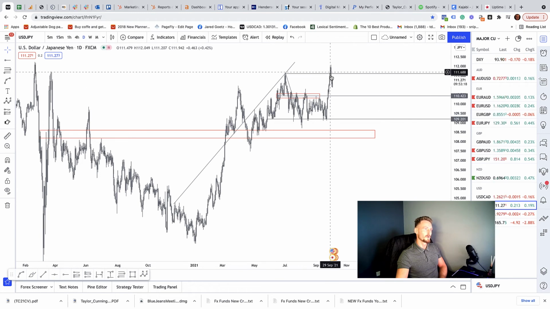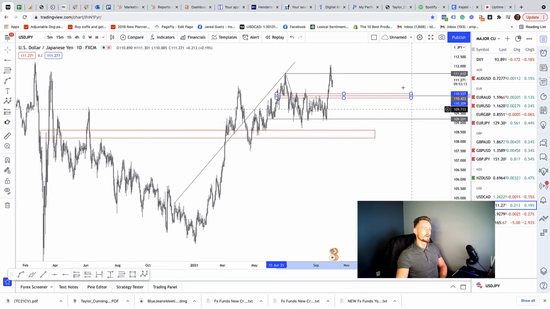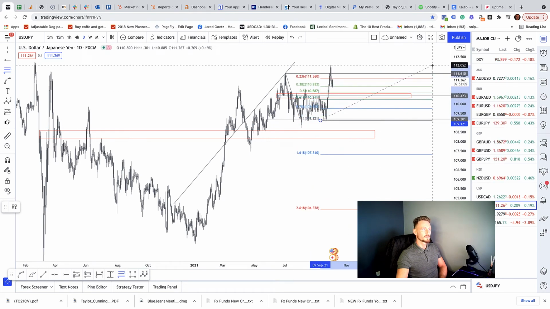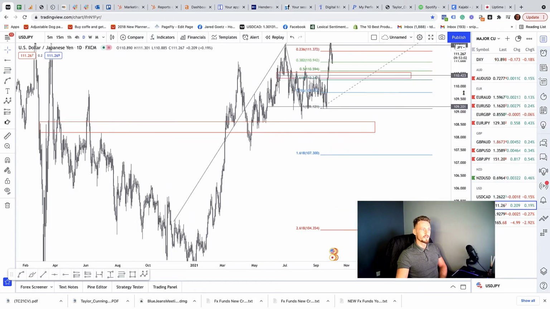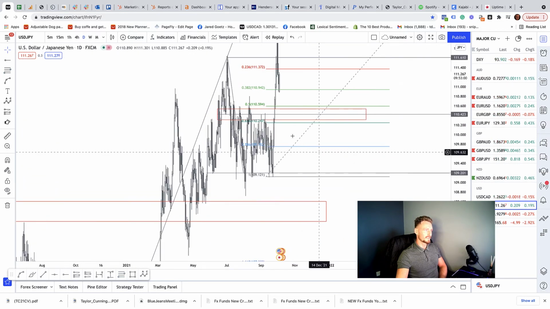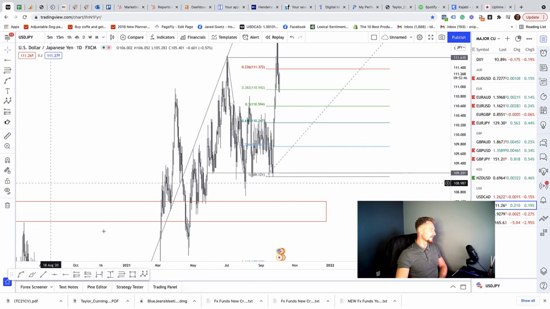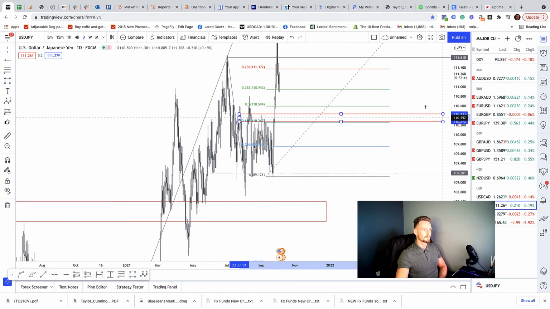I do think this is going to be a pullback into this area of resistance here. If we were to just throw an extremely quick Fibonacci from these lows here to the tops of these highs, boom, there you go. Just looking at that right now, you can see that we're potentially coming back down to that 0.5, maybe that 0.6. We're currently smack bang in the middle where we had this area here, but I'm liking the look of the Fibonacci's, and I do think we could come back down into an area of sensitivity, something like this,